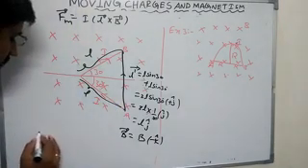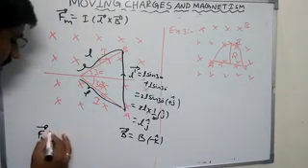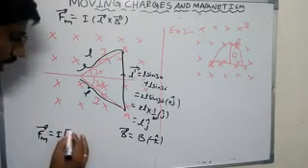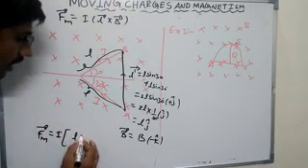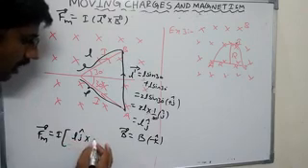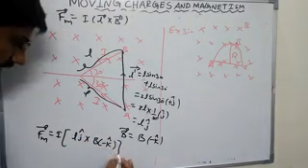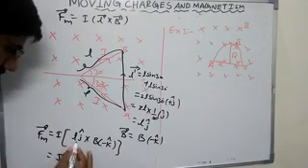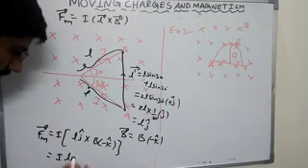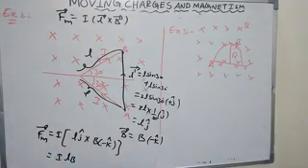Then what is the magnetic force acting on the current carrying conductor? Fm bar is equal to I into L bar. What is L bar here? L into j cap cross B bar, B into minus k cap. Simplify it: I, L into B, LB, j cap cross minus k cap. The minus you can write outside.